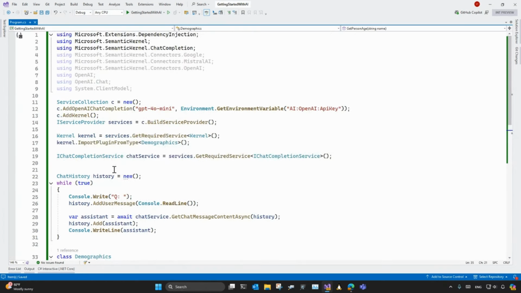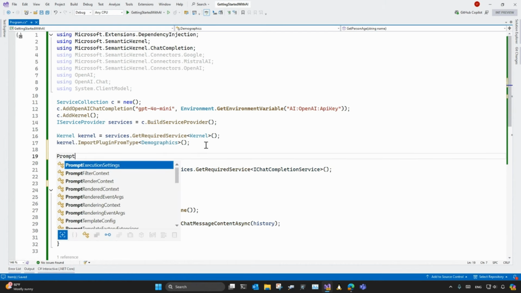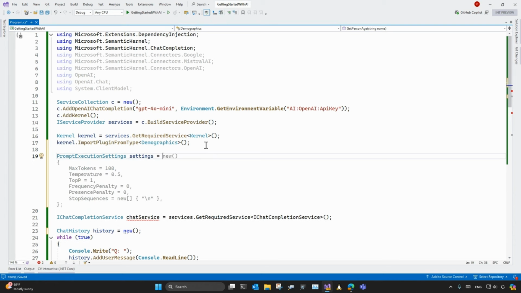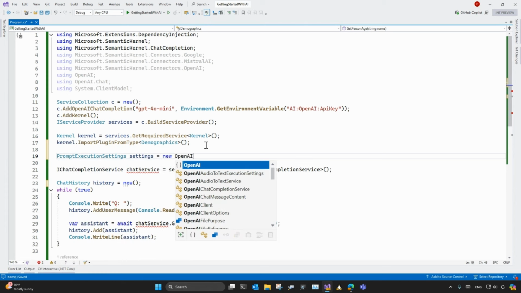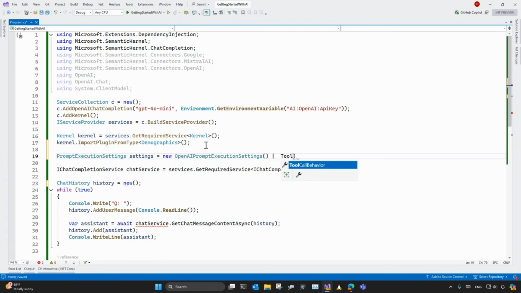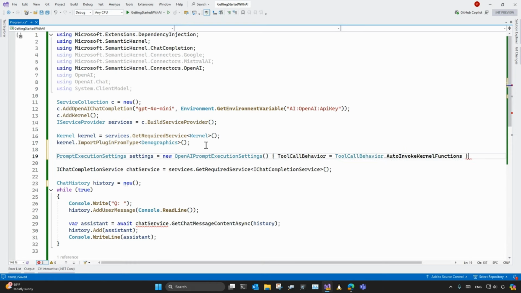I'm just going to leave it as is for now. Now I'm going to do two more things. First, I'm going to create a settings object that I can pass along with my prompt to configure various things. You can see Copilot is suggesting various settings that I might want to configure. But what I actually want to configure is I want to tell it that it's allowed to automatically invoke the